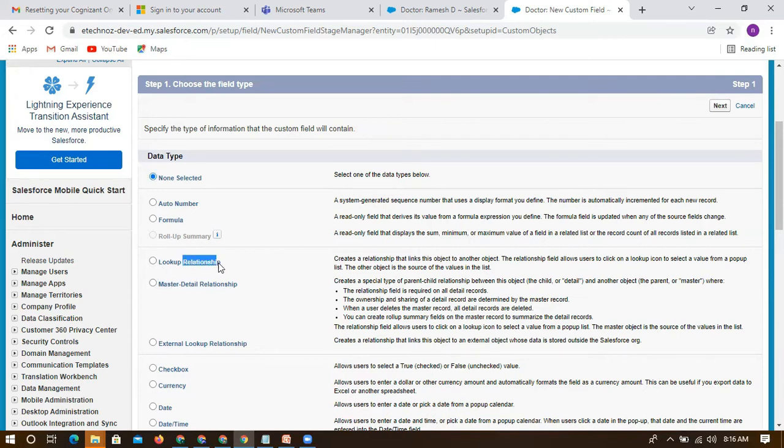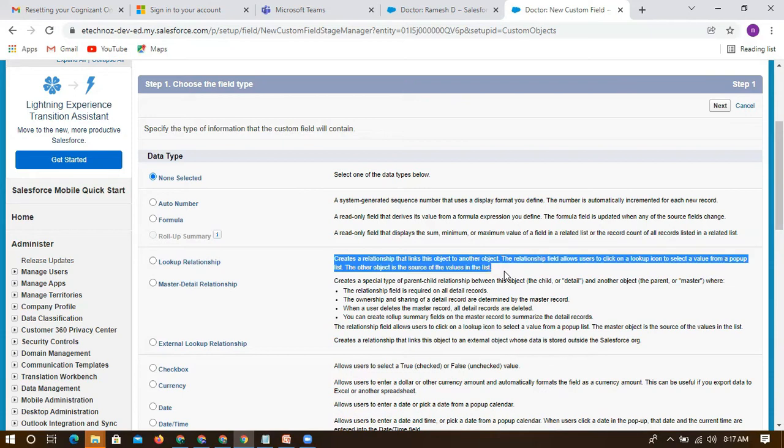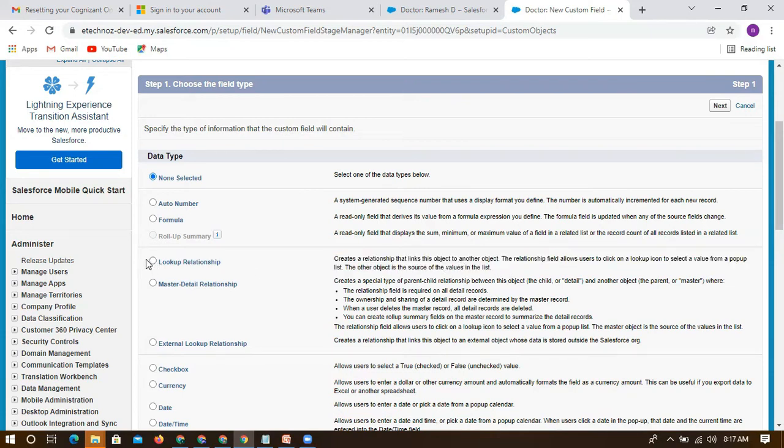So what is mentioned here is relationship. We have not used these, right? You can go here and check what it actually does. But quickly I'll create one lookup relationship. This relationship relates the data between two objects, or within the same object also. In Salesforce,